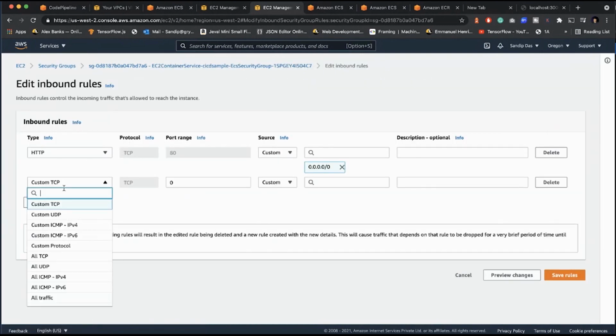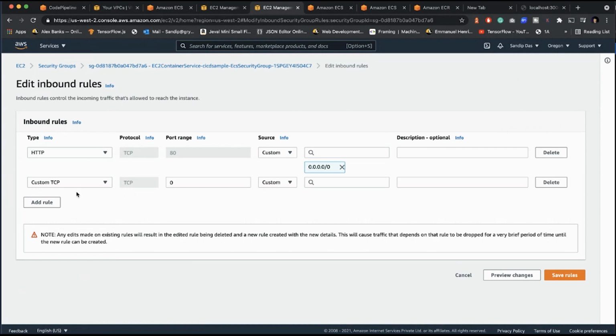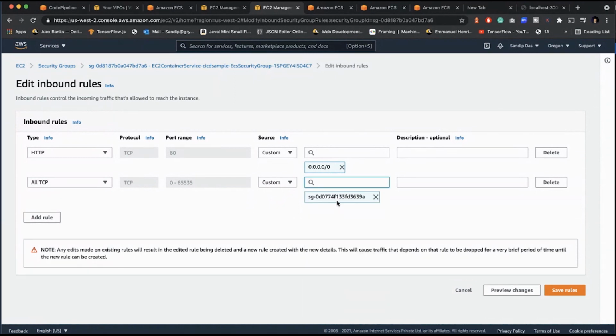That is the rule you need to add. So custom all TCP from custom, then paste the security group here. Now if you don't create the security group under the same VPC, you will not find the security group here, and that will be a problem. That's why we need to keep it in the same VPC. Now save the rules.